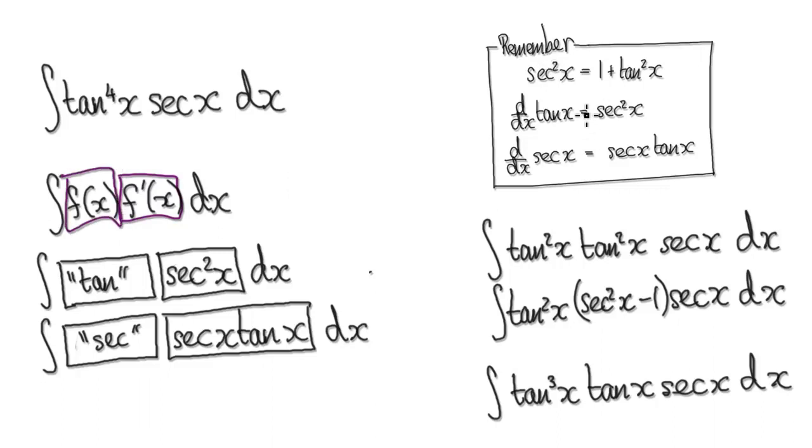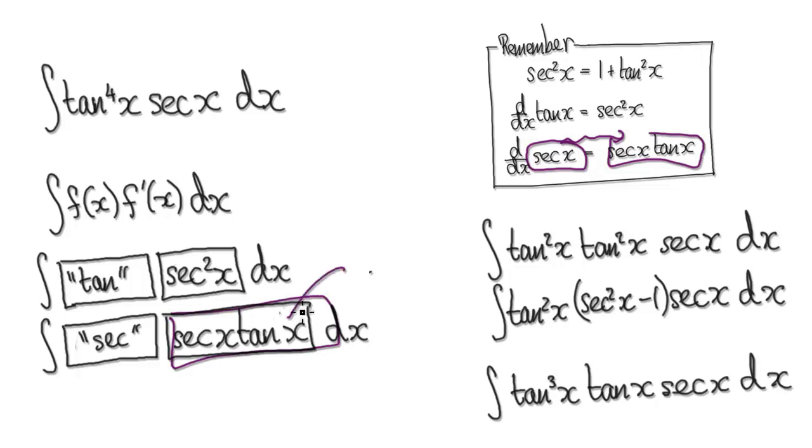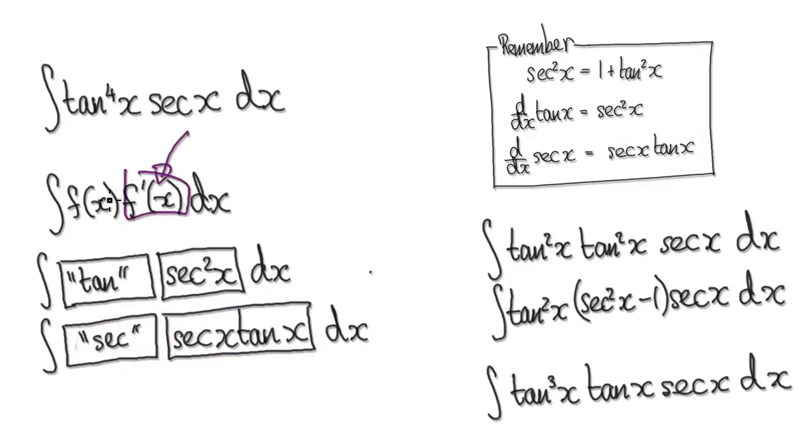So if you look at this, when you differentiate tan, you get secant squared. If you can get secant squared and rewrite everything else in terms of tan, then you know it's going to be easy to integrate. And then if you look at this, secant of x, if you differentiate it, it will give you this. If you can somehow get this to be the exact derivative of everything in terms of secant, then you know it's going to be easy to integrate by using substitution. So before we jump to the reduction formula, let's try and strive for this, getting something to be the exact